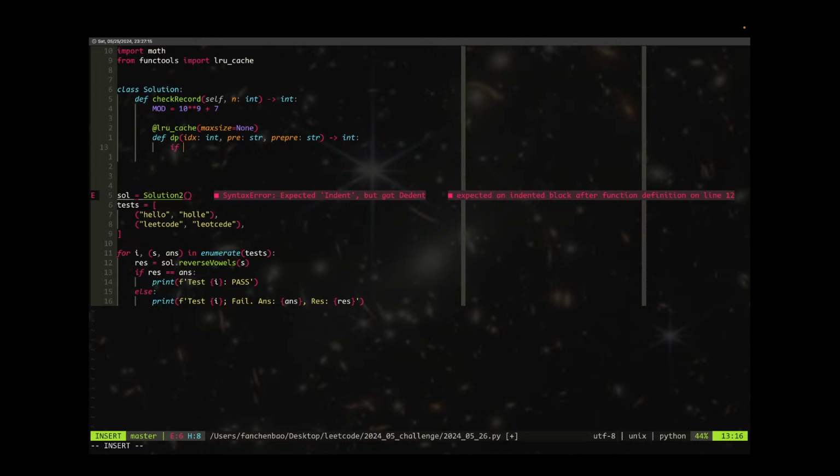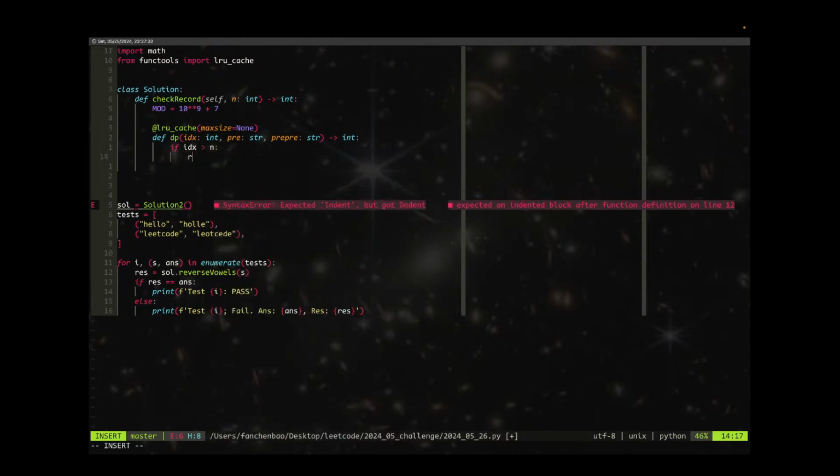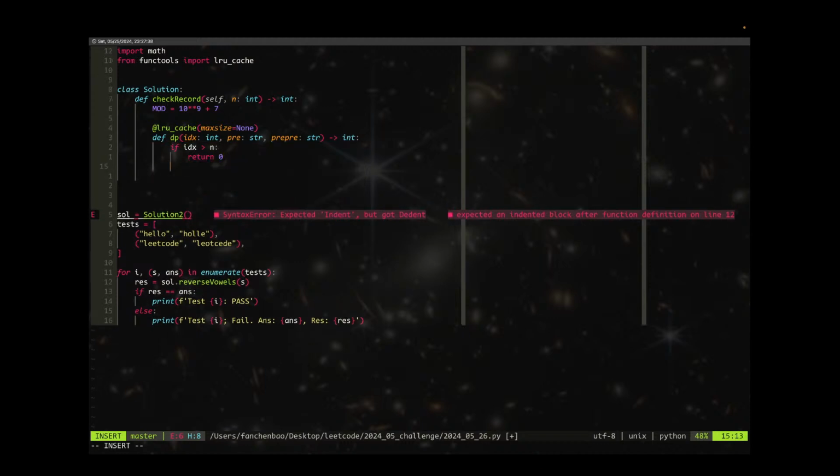Because index will start with 1, right? So 1 to the n, 2 to the n, 3 to the n. I don't care. So the last one is n. So I can say if index is larger than n, that'll return 0. No question, because I'm outside, right? Otherwise, I need to check the previous one, right? Say if pre is equal to a p, right? If pre is equal to a p,